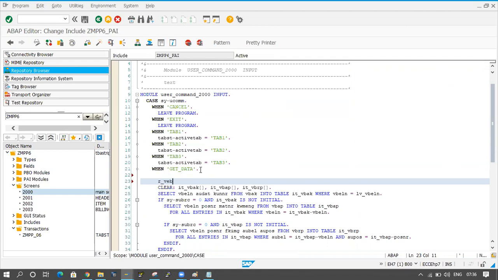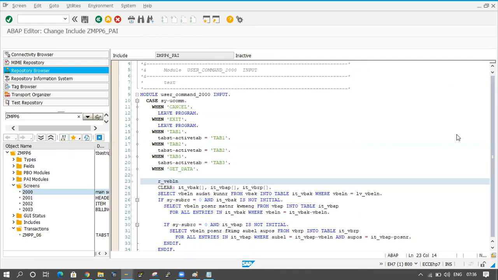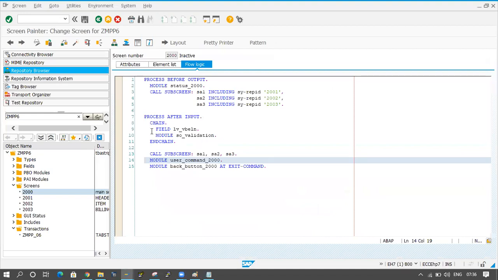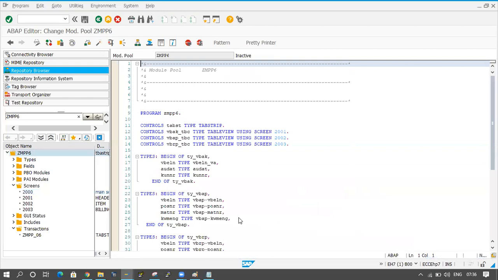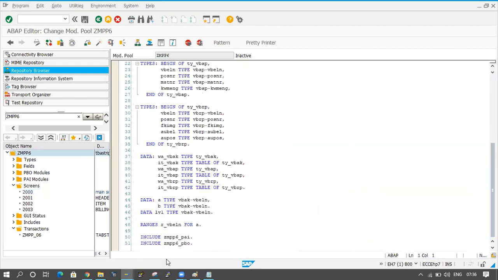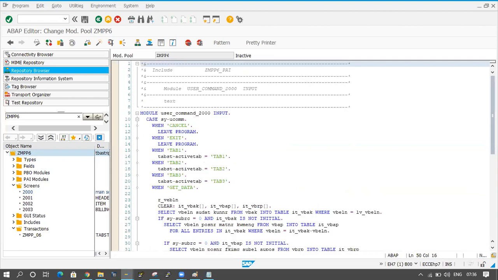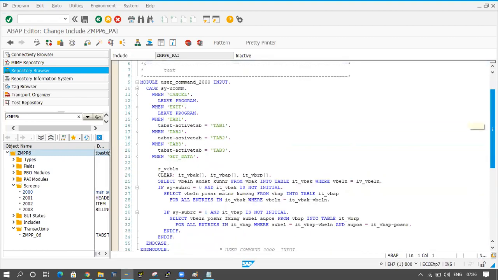R_VBELN. What is the name here for the ranges? The ranges name is R_VBELN, so I'm filling that internal table now.